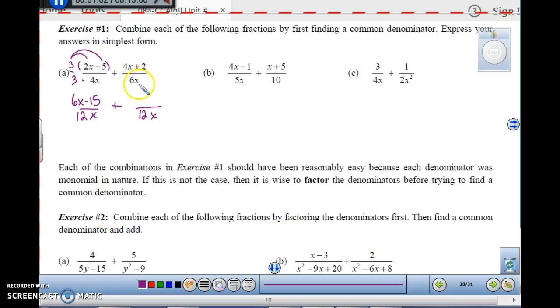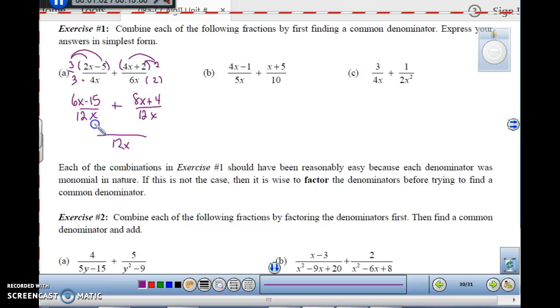Okay, now over here, I have 6x as my denominator. I want 12x. So I'd have to multiply this by 2. And I have to also multiply the numerator by 2. Don't forget that there's the whole thing here. We have to multiply the entire binomial by 2. 2 times 4x is 8x. 2 times 2 is 4. Okay, now the rules for adding fractions: keep the denominator,